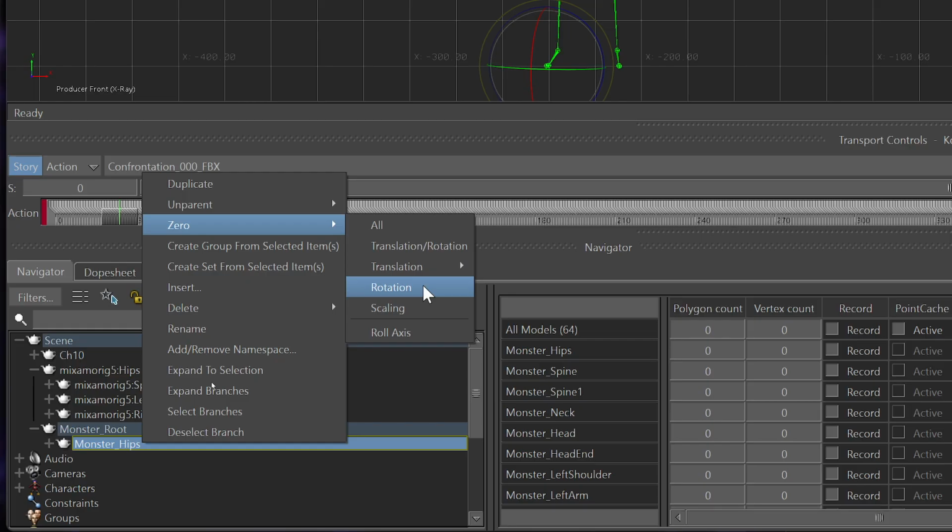If I click this, it's going to zero out all the rotation of the joints and put it in its original pose when the model was created, which is usually a T-pose by design. There's a reason for these sorts of things. So if I click this now,